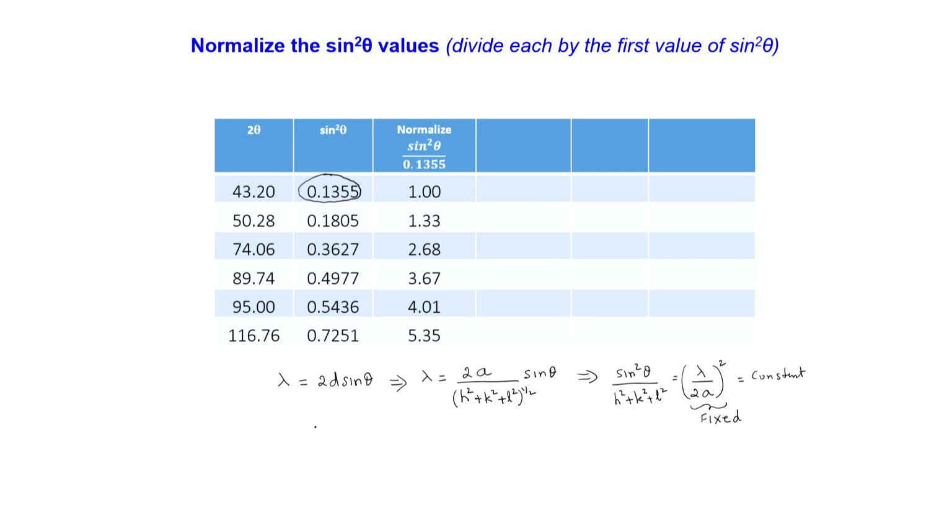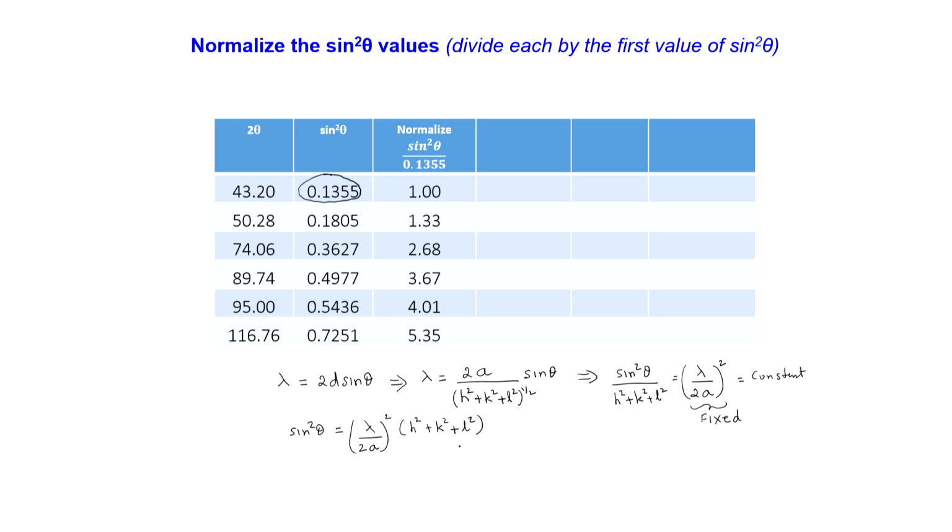Another way of writing this would be sin square theta equals lambda upon 2a squared times h square plus k square plus L square. What this means is that the sin square theta values would be in the same ratio as the h square plus k square plus L square values,